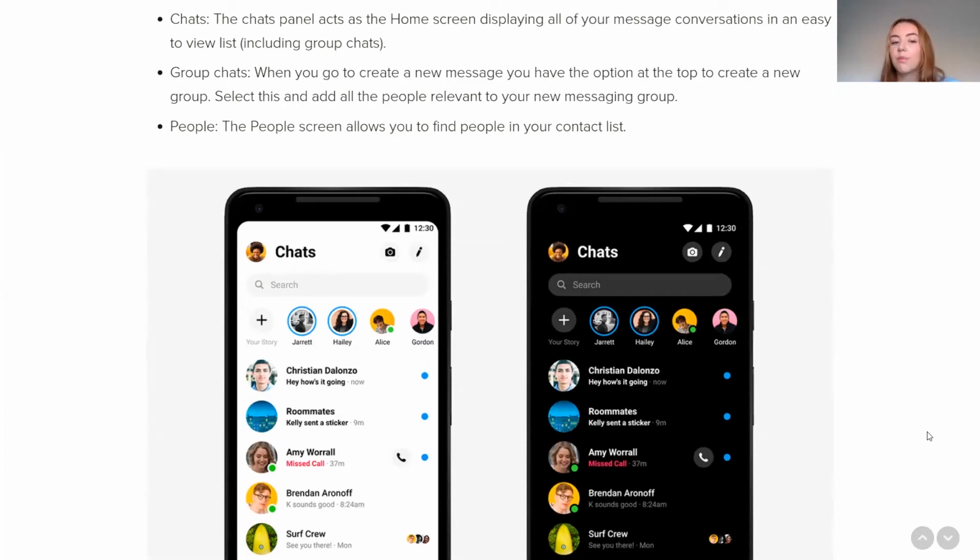So if you can see on the bottom of that image, it has surf crew and it has multiple people next to it. That just indicates that it's a group chat. If it's not going to have a person's name, if it's one person, it will be the person's name. So you'll have your group chats also in that same list, and then the other tab which isn't shown here